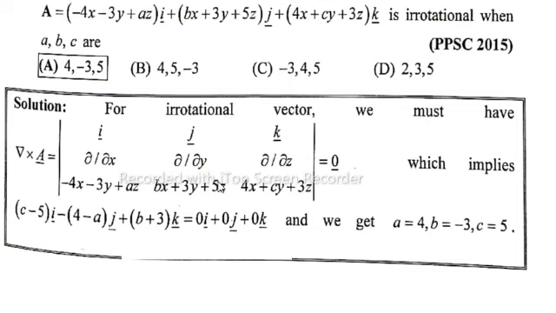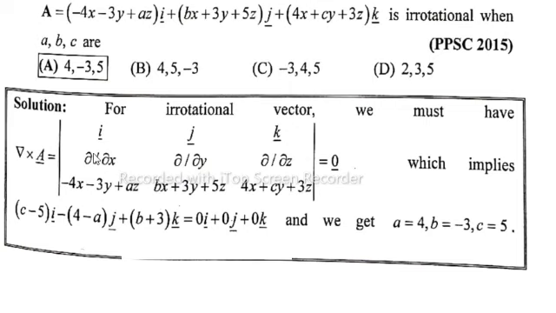partial over partial y into 4x + cy + 3z. So partially differentiating 4x with respect to y, that is constant, derivative 0, plus partially differentiating cy with respect to y is equal to c, plus 3z constant. Second, partially differentiate bx with respect to z, that is constant, derivative 0, 3y constant, derivative 0, partially differentiating 5z with respect to z is equal to 5. So (c - 5) into i vector,